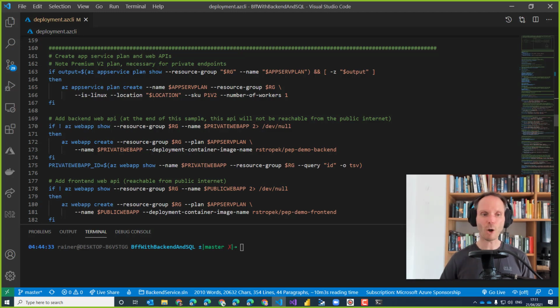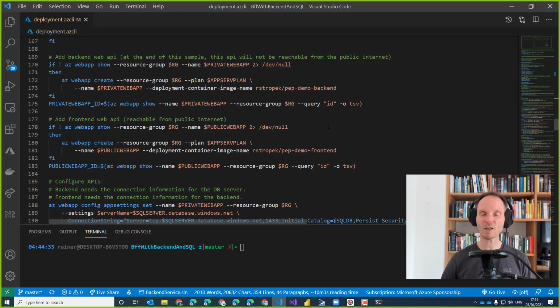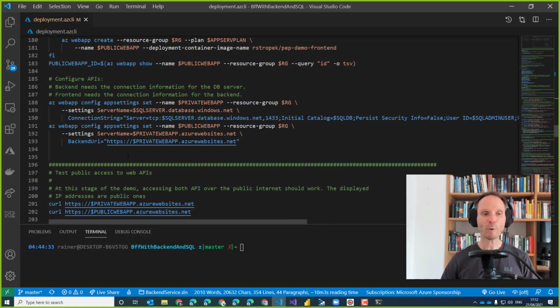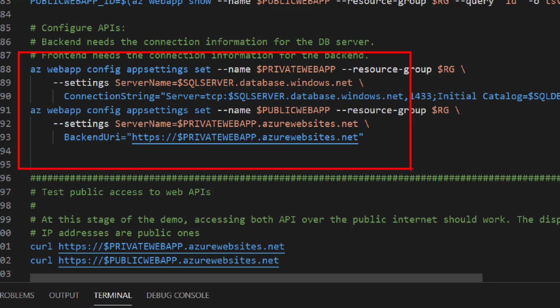Currently, those web apps that you see here are directly speaking to the database over the public IP addresses. So I'm not having any kind of virtual network here. I'm really running on a zero trust networking approach where the internet is my corporate network. And with these two statements,